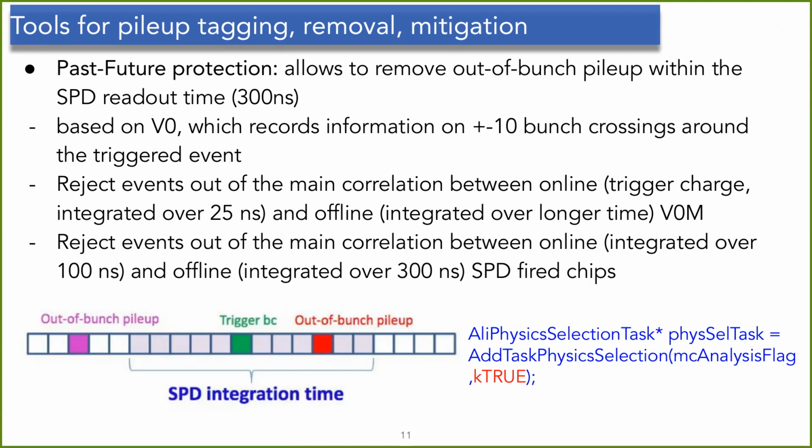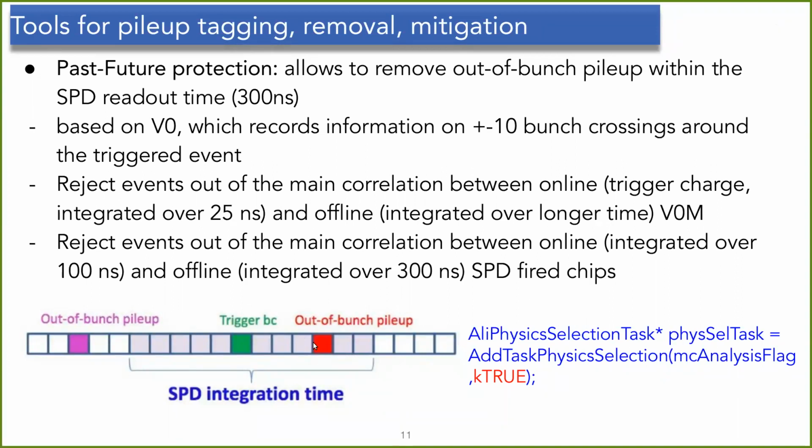This is basically called the past-future protection, or the past-future pileup. As I mentioned, the SPD readout time is around 300 nanoseconds. Here in this plot, you can understand it. These boxes are basically the bunches, and if you trigger an event in this bunch, the SPD will see the information from this collision as well as from any other collision if it happens in the neighboring 12 bunches. So if there is any event that occurs within this SPD readout time,